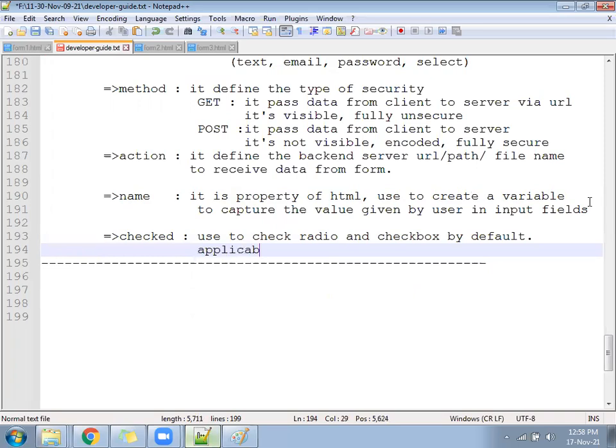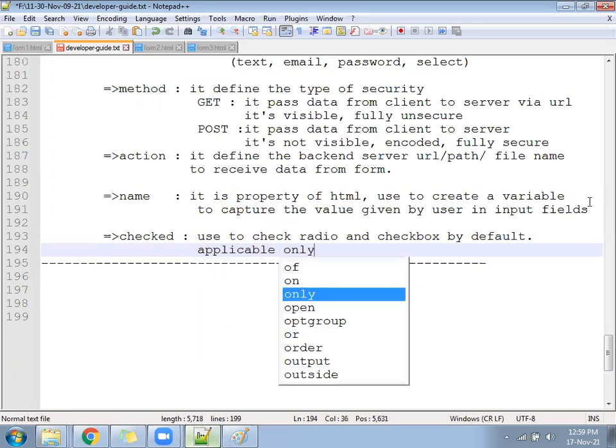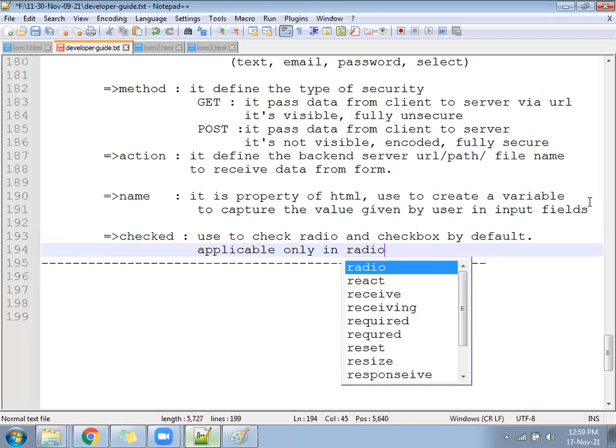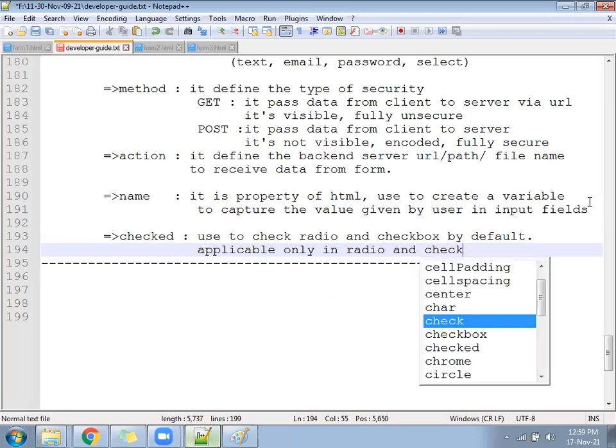Applicable only in radio button and checkbox.